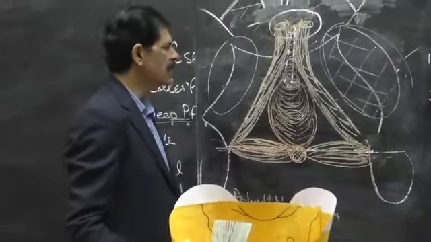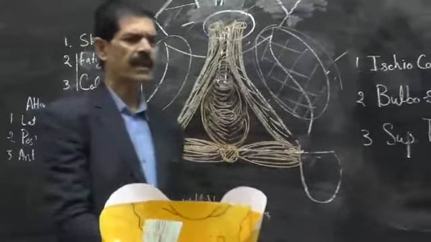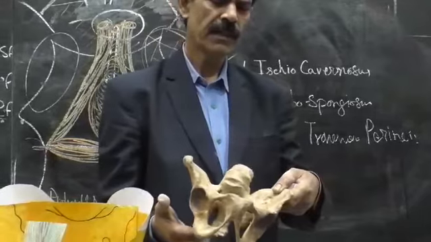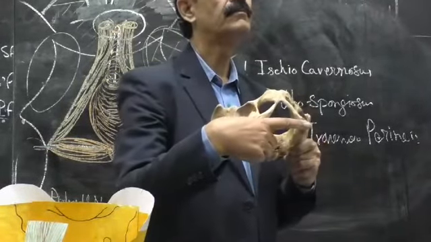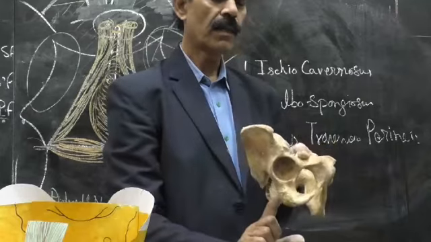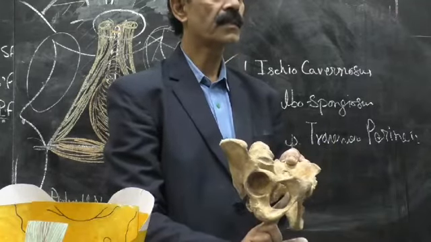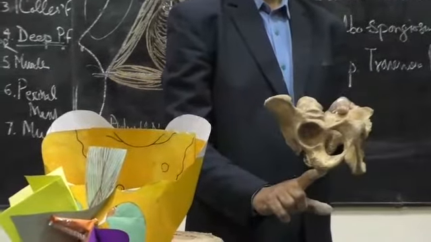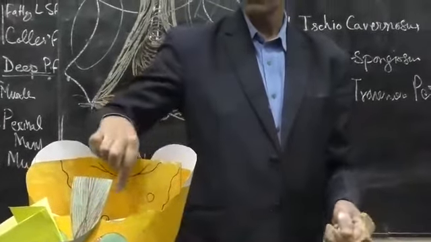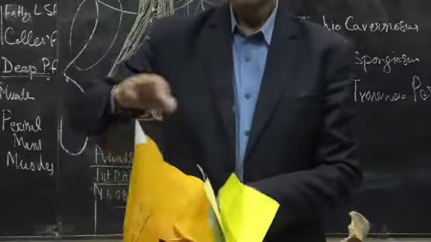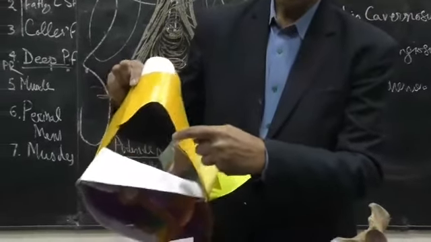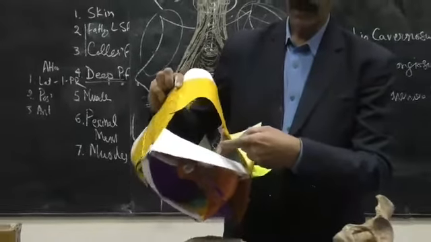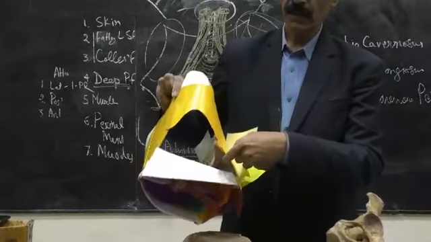And all these three structures first touch the dorsal surface of the ischial spine. From the dorsal surface, they come to the inner side, to the urogenital triangle. From here, they run over the obturator fascia, over the obturator internus muscle. And from here, they reach the junction between the urogenital triangle and the anal triangle. So that is the course of these structures: the pudendal nerve, internal pudendal artery, and third is the nerve to obturator internus. So they are related to the ischial spine.